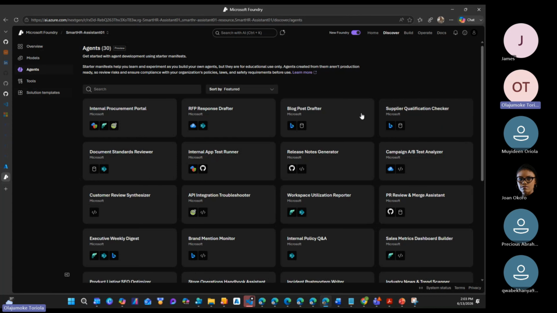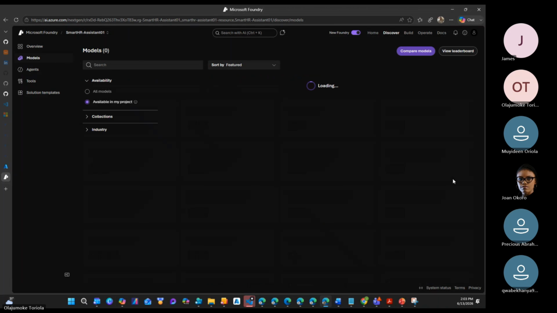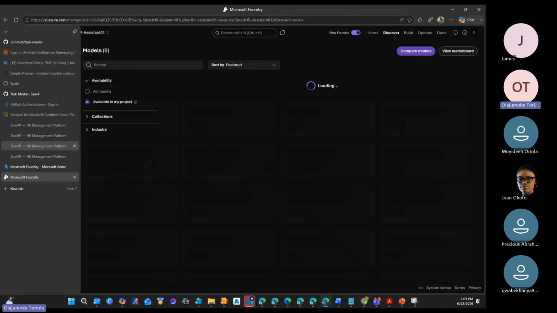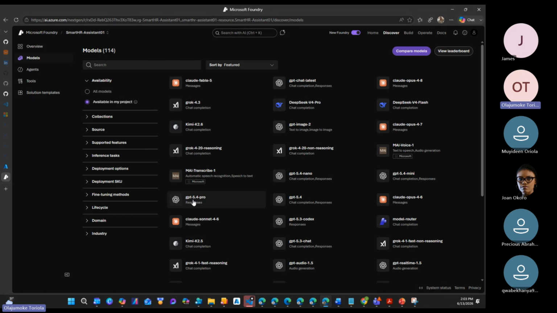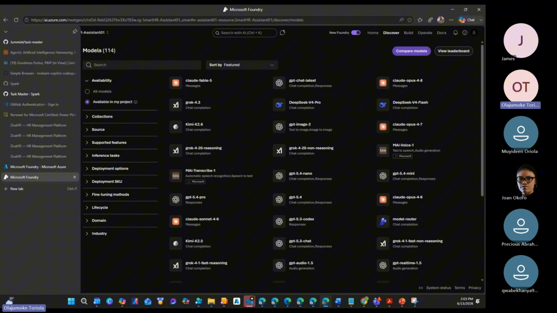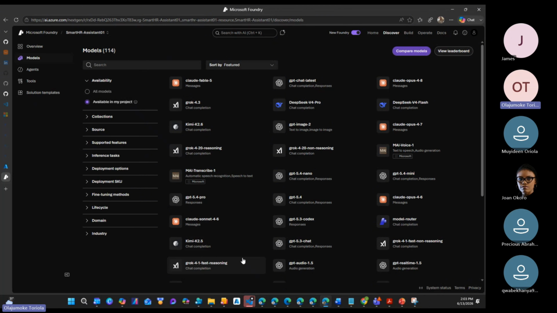So that's one. Now, the next thing I want us to look at is our models, which is very important. For this exercise we're going to do, we're actually going to be looking at models. Because your Azure consumption, the prices, is determined by the models you pick.